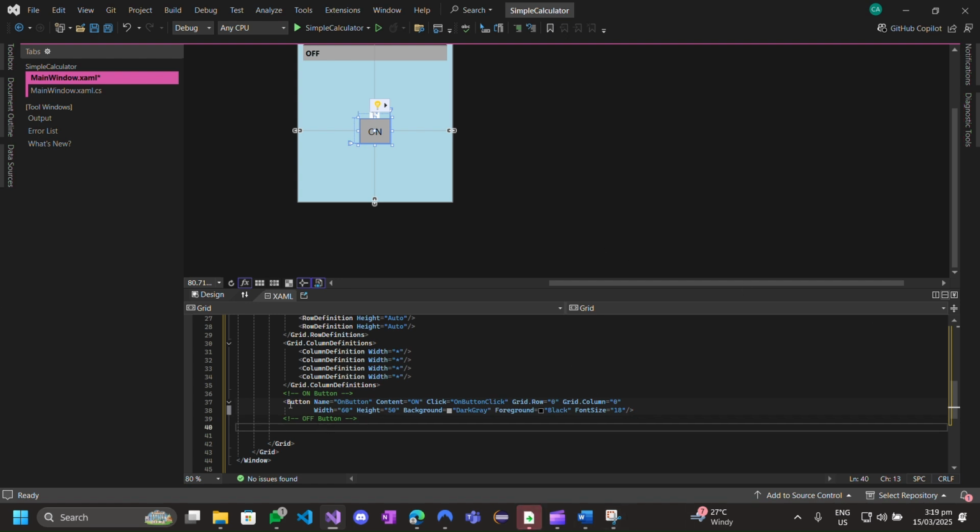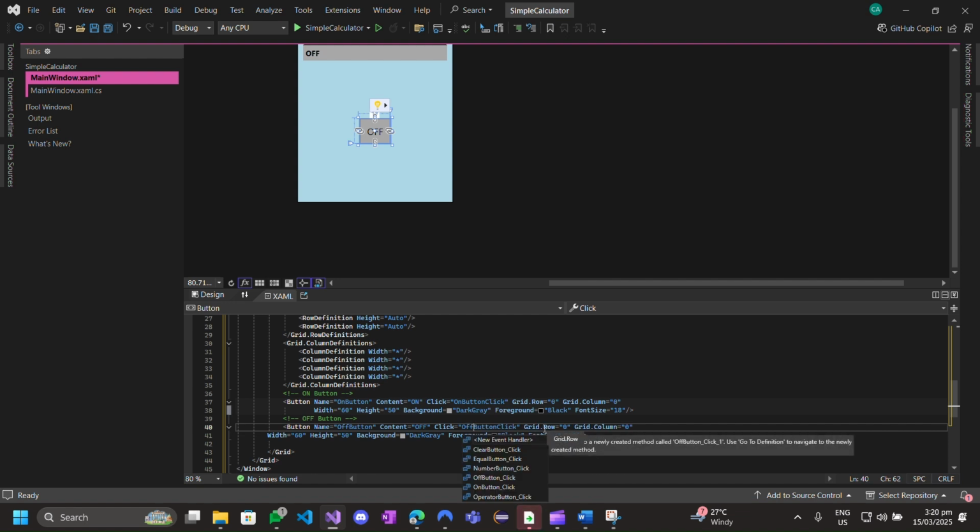We can just copy paste and change some other information here into off. So this one should be off, off. Content should be off, and put the off button, and the grid rate should be 0,